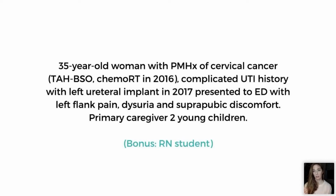Yeah, so radiation, the implant, and her history of UTI. So chemo shouldn't do it. Not if you're not on active chemo, it's not suppressing your system. The current symptoms shouldn't do it. If we're suspicious that she's got pyelonephritis, even without her history, we're probably going to treat her with IV antibiotics from the get-go anyway. But it's really anything that is disrupting the natural anatomy, anything that can cause a kink,